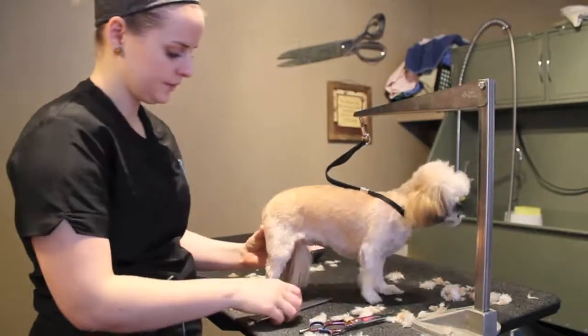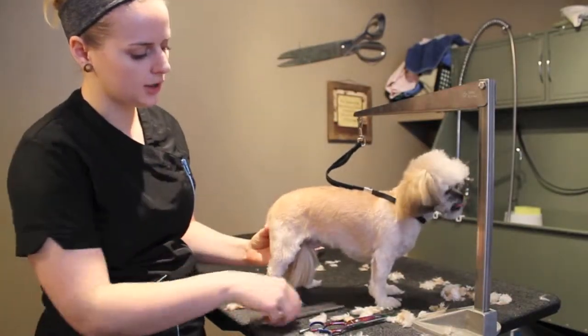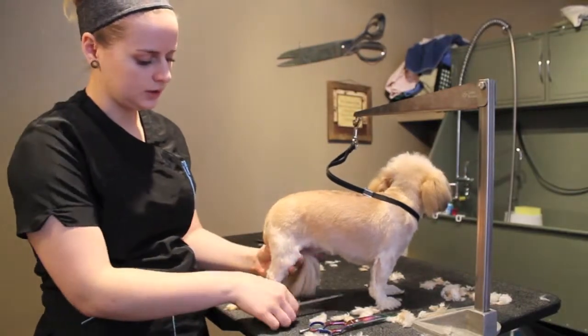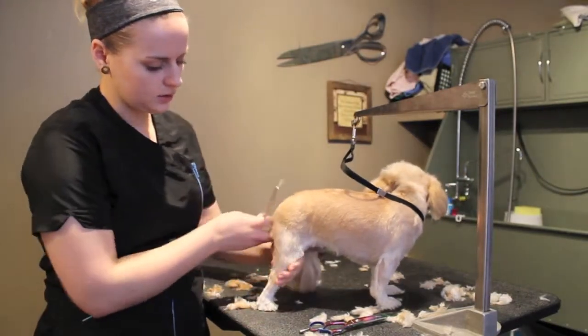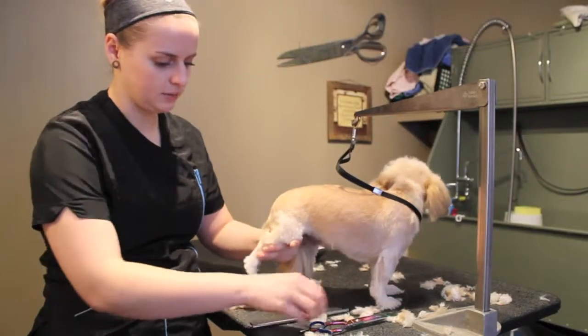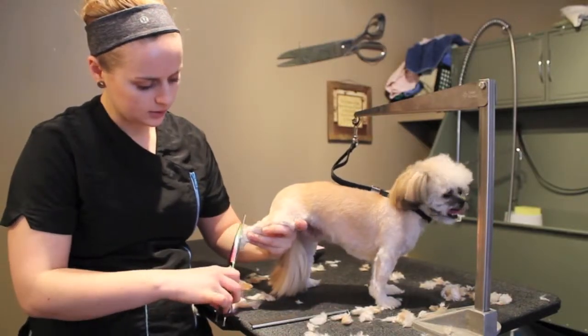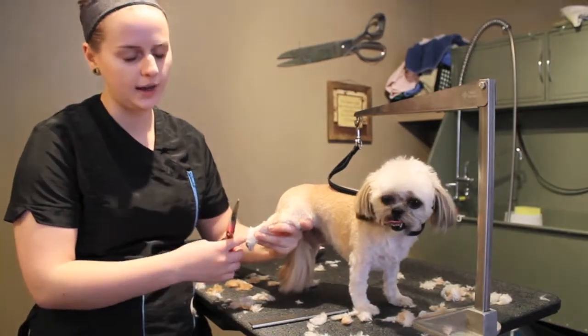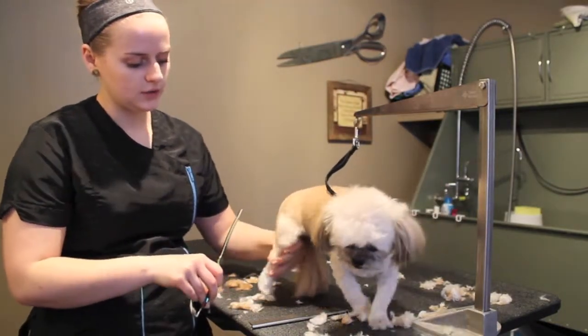Stay, sweetie. Before, when I would do her long haircuts, I would scissor her whole legs. I wouldn't take them quite as tapered and short as this. So just watch out for her tail and lift up her paw and just scissor around the edges. You have to really watch out for her pads. Never scissor